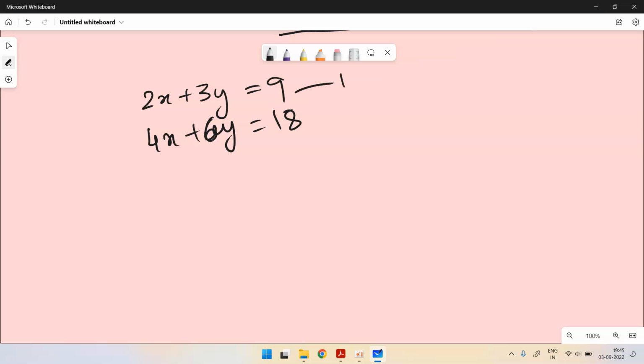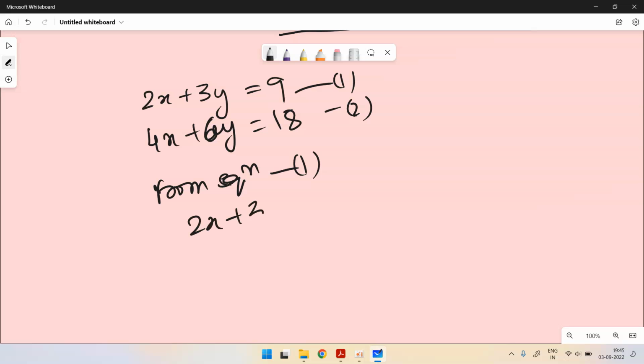This is equation number 1 and equation number 2. Now, equation number 1 is much simpler than equation number 2. So from equation number 1, 2x plus 3y equal to 9, which implies that if you substitute, if you put